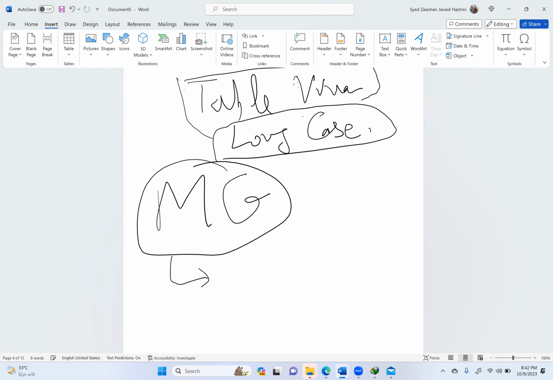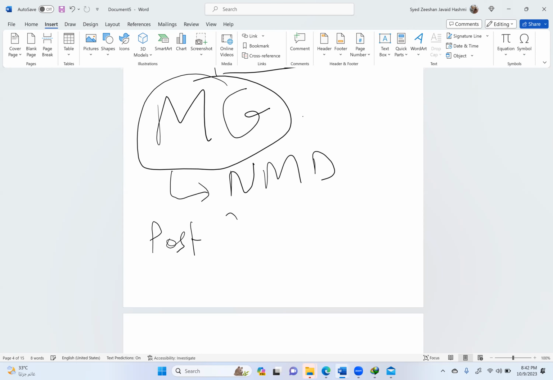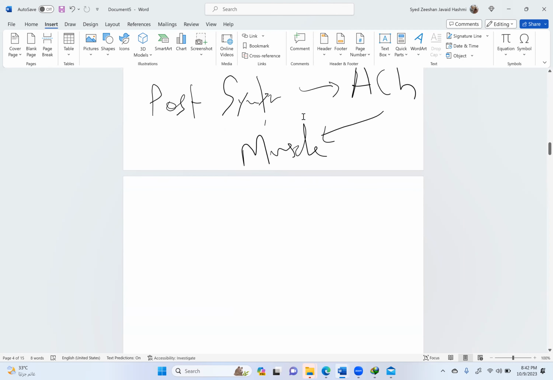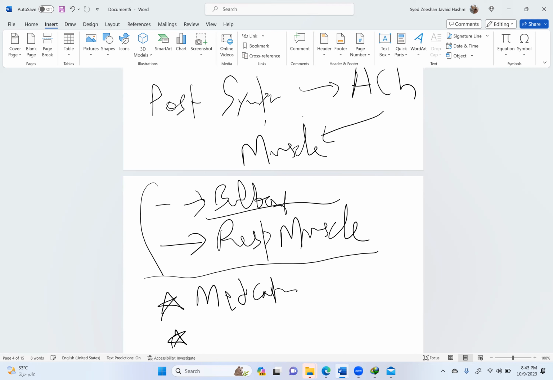You can make the answer that myasthenia gravis is a neuromuscular disease. So the relevant answer is that there is post-synaptic destruction of acetylcholine receptors, resulting in muscle weakness. The basic problem here is involvement of bulbar muscles and involvement of respiratory muscles. These are the two main culprits in the pathology of myasthenia gravis. The third thing which is related is the medications, and the other thing is related to the coexistence of